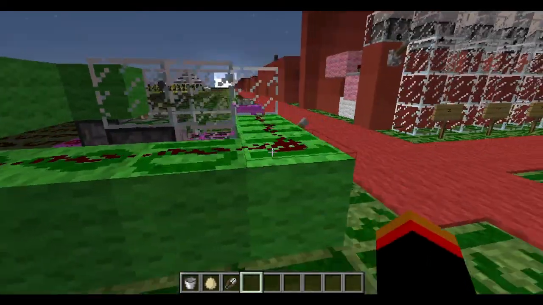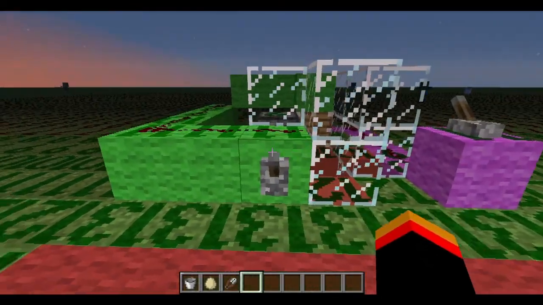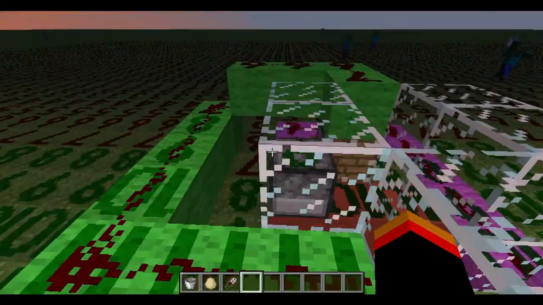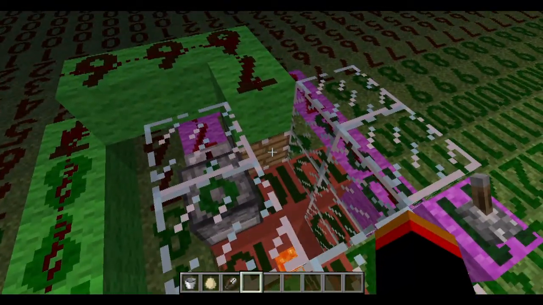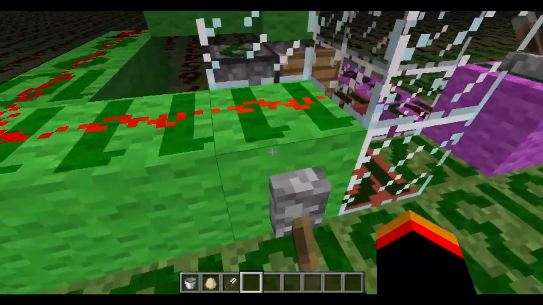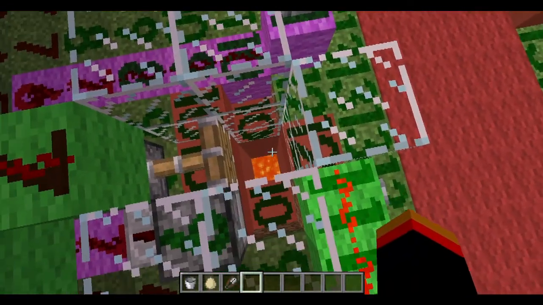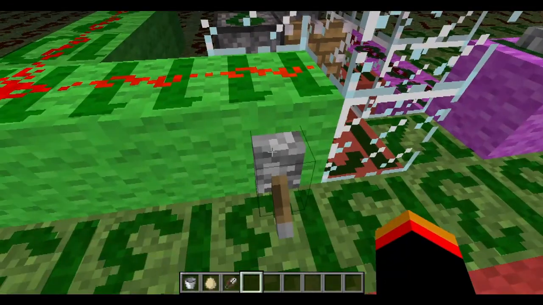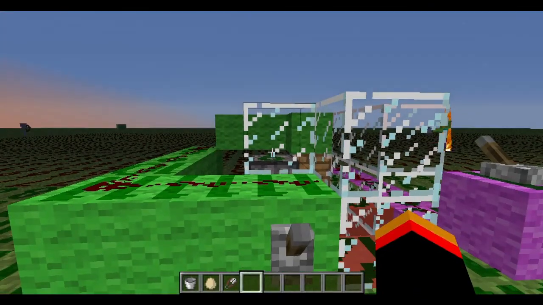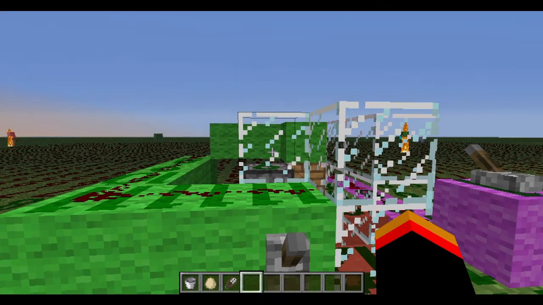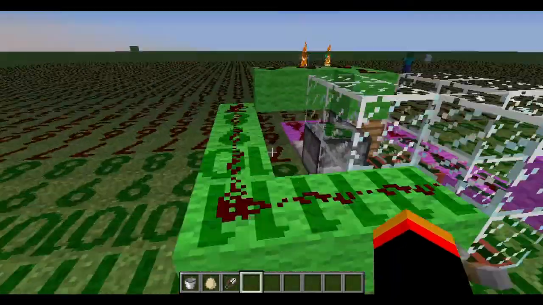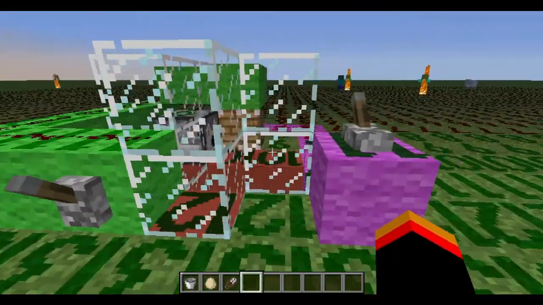Basically all it is is a mob pusher. So right here we've got a lever. The lever runs around and goes into this piston block right there. So if we push the lever, you see the piston jumps forward, and then, oh no, anything that's on there will fall down into that lava hole and die. So that's pretty good. Alright, so what we're going to do is, in this dispenser, I have a bunch of